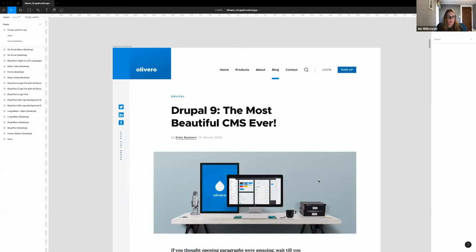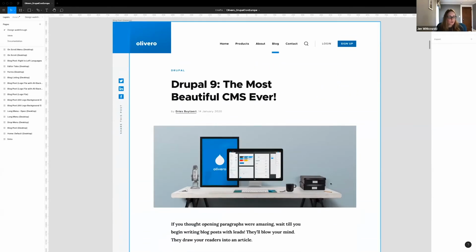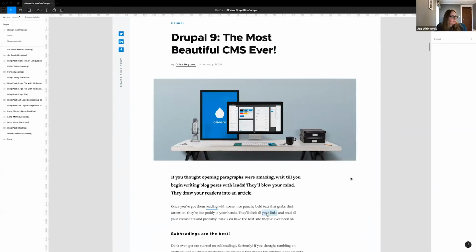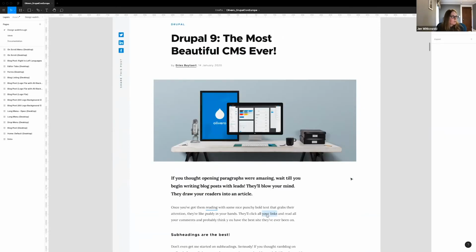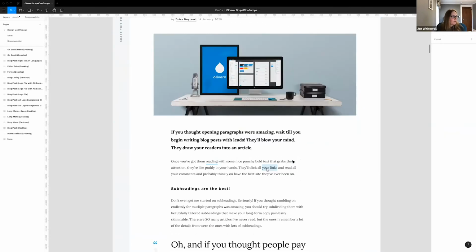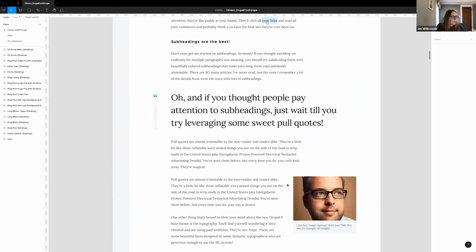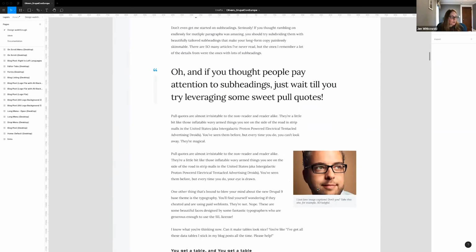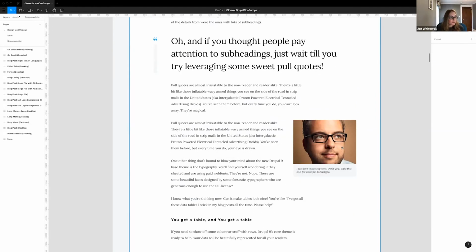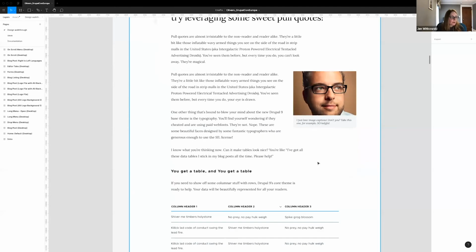With the article page, what we did is we actually mocked up a blog article that basically touted the Olivero theme. And this allowed us to work out more complex patterns, including things like the refined typography system, like what our H1s would look like, what our quotations would look like, but also we could start thinking about imagery and image ratios, what images would look like floated left and right with captions.